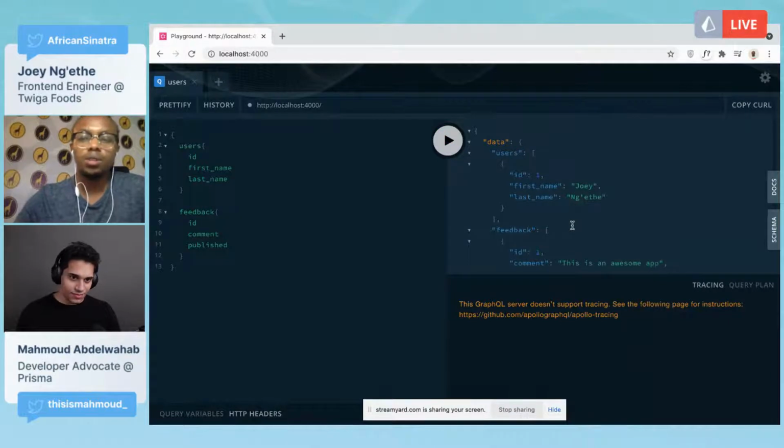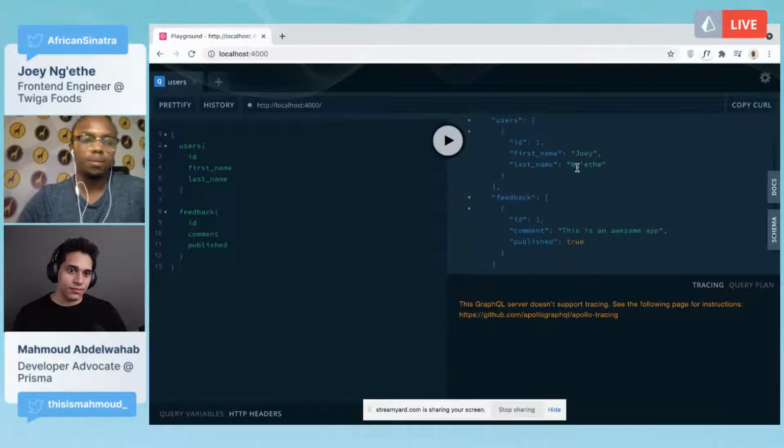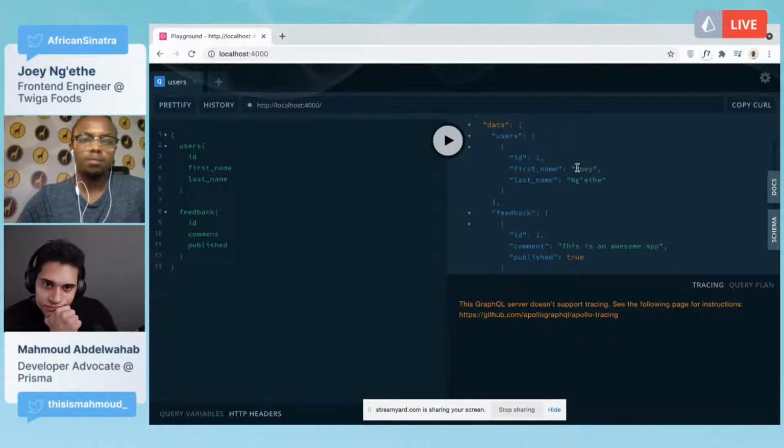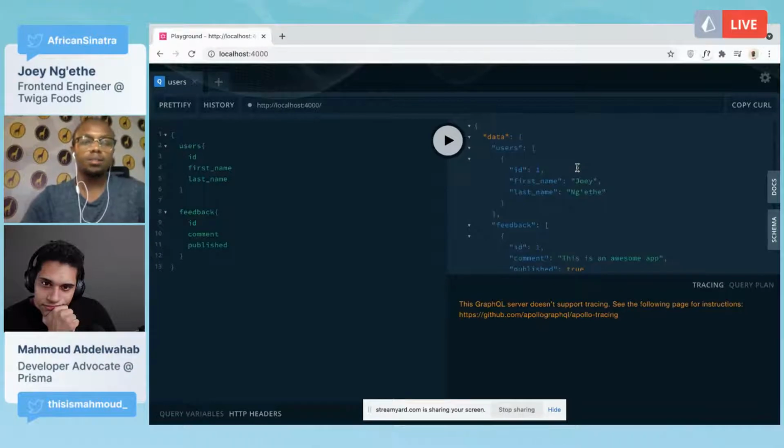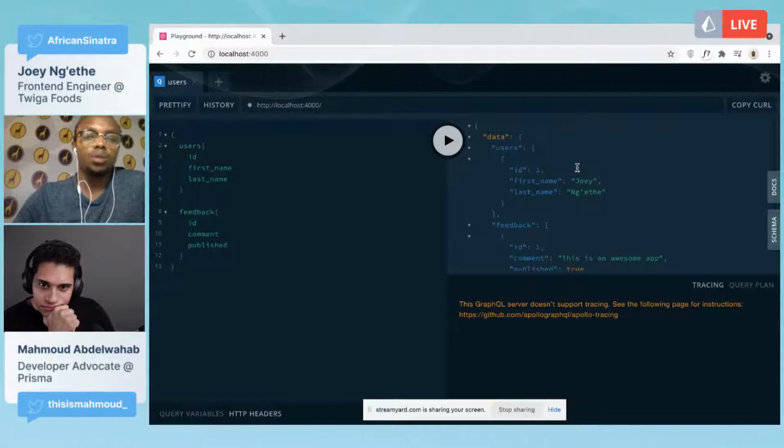Right, so right now we have this data, but again, it's static, but this is a good start. We also want to connect these two.